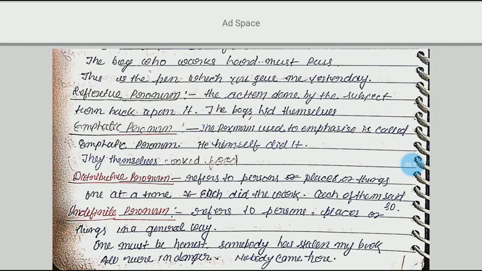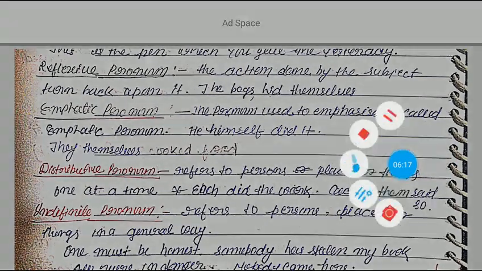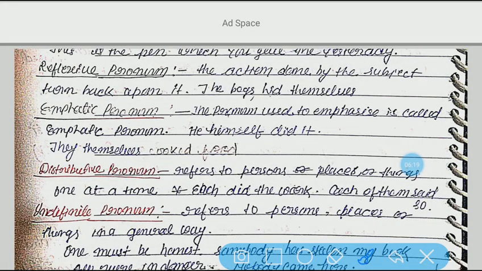Now come to the reflexive pronoun. What is reflexive pronoun? Please listen very carefully, because pronoun and adjective are the two topics in which you may be confused. All right. So please focus here. Reflexive pronoun: the action done by the subject turned back upon it. All right. For example,